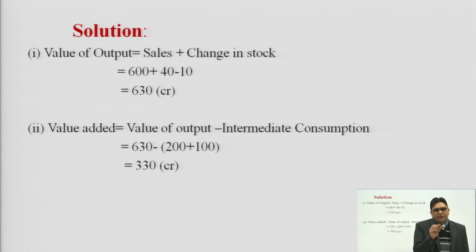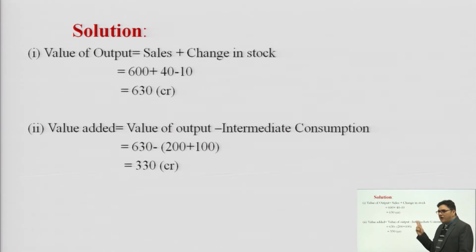We have to take one thing into account: the valuation in these questions is GDP at MP. The valuation by the product method will always come as GDP at MP, that is, gross domestic product at market prices. In the question it might say GNP at market prices. So if we need to convert GDP to GNP, what do we need to do? We need to add net factor income earned from abroad. I am just telling you how you need to convert.